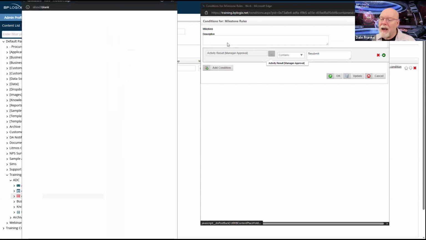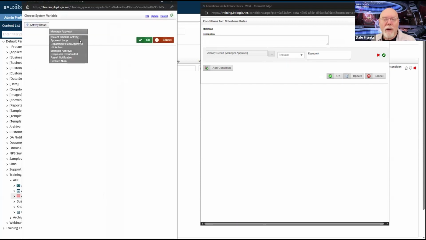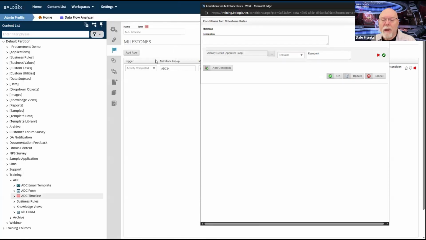I can actually set the activity result not for manager approval, but for approval loop, which means if the very last activity that I completed was whatever it was, manager approval or department head approval, and it was resubmit, that should set my activity result for my parent activity as resubmit.